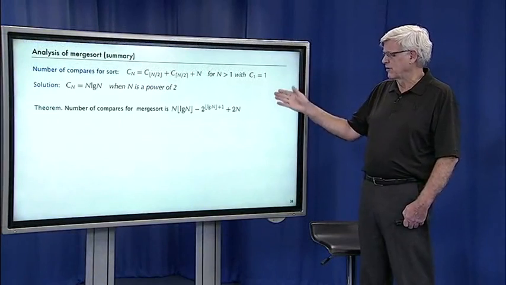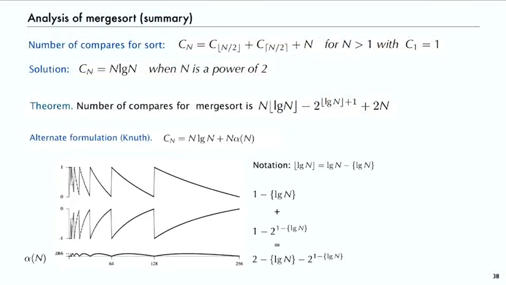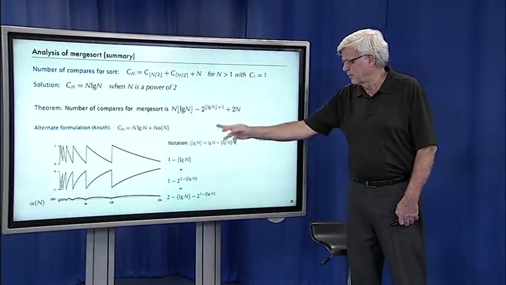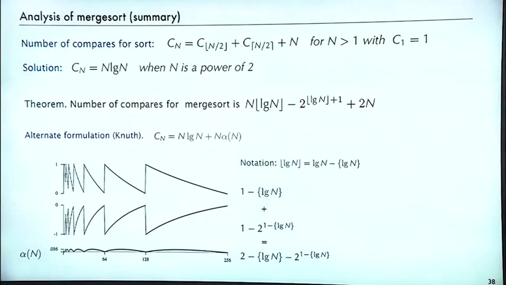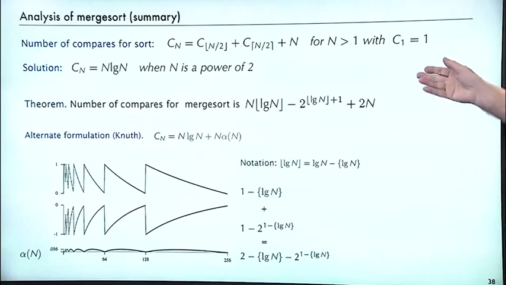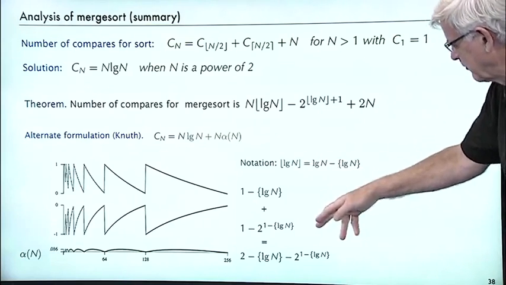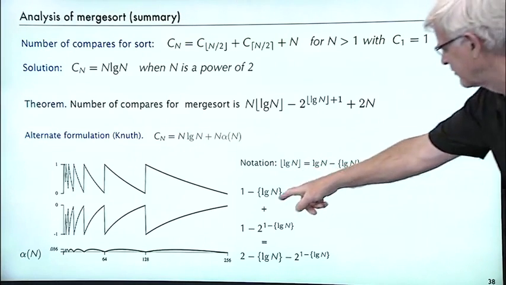That's just a summary of what we've done so far, but what about that oscillating term? Well, there's another way to deal with the floor of log n. If you write floor of log n, that's equal to log n itself minus the fractional part. That's what the braces do. If you substitute this formula into this solution for the number of compares by Mergesort, you can split it off into 2 functions. And that's again just algebra. The coefficient of n is 1 minus